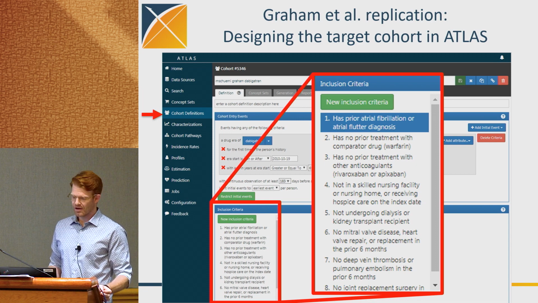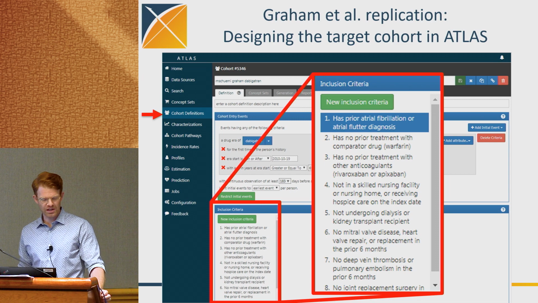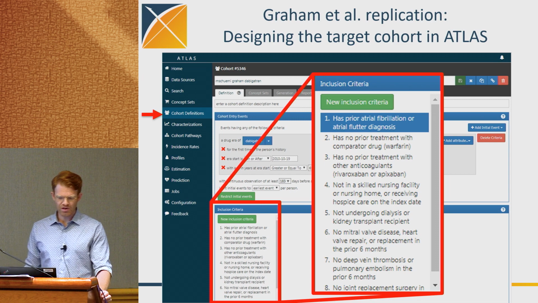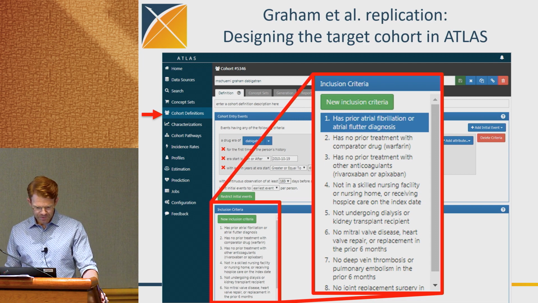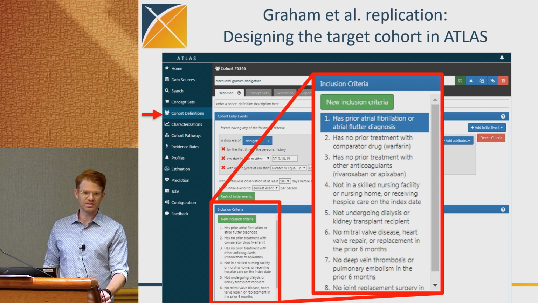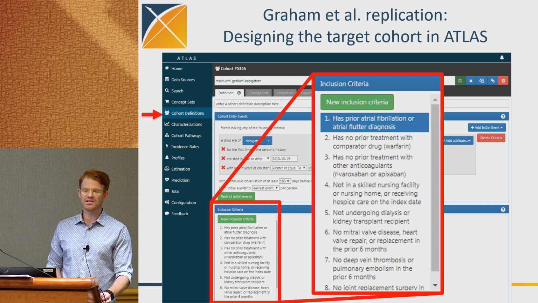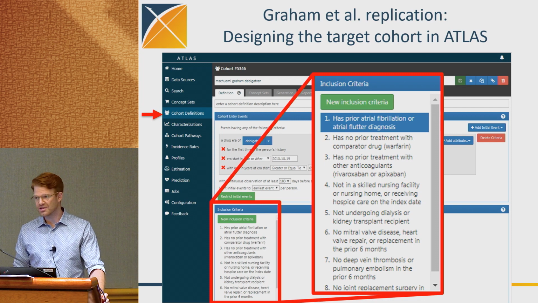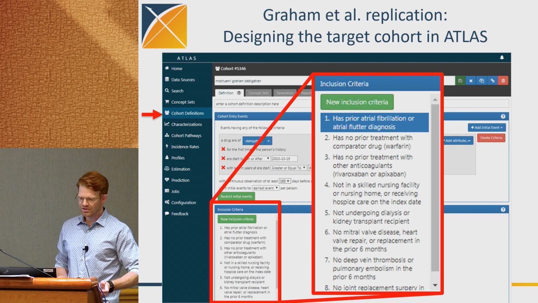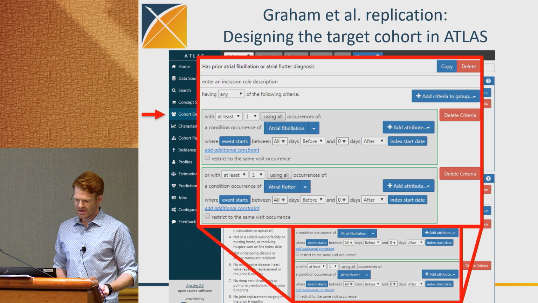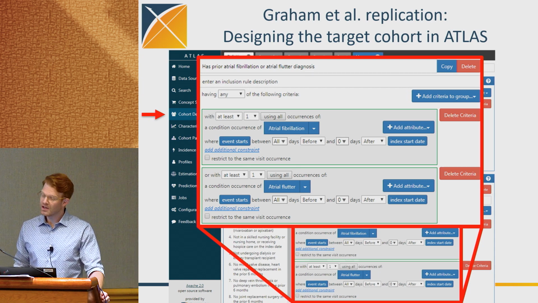So for example, our study has prior atrial fibrillation or atrial flutter diagnosis, no prior treatment of the comparator drug. You don't want someone that's already been on warfarin in your dabigatran group. No prior treatment with other anticoagulants, not in a skilled nursing facility, et cetera. All of the criteria that were in the paper. And then each one of these inclusion criteria has you specify very similarly to how you specify the cohort entry event. You would say prior atrial fibrillation or flutter, and you include those inclusion criteria relative to